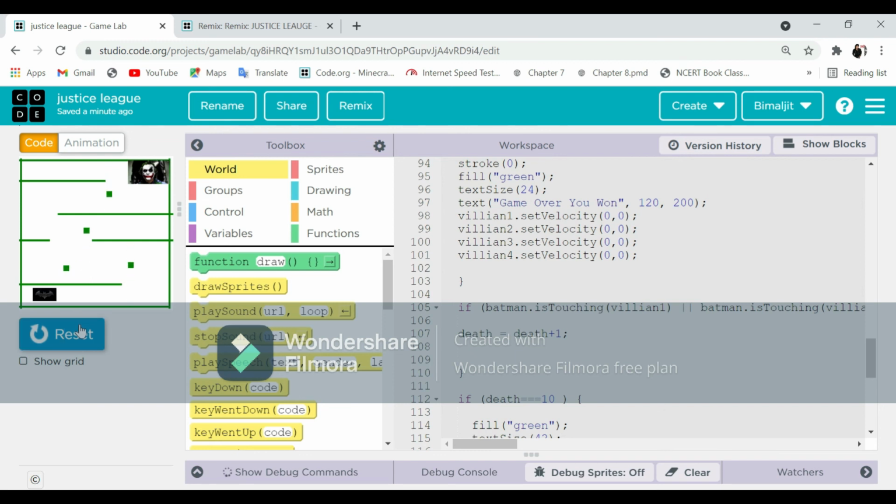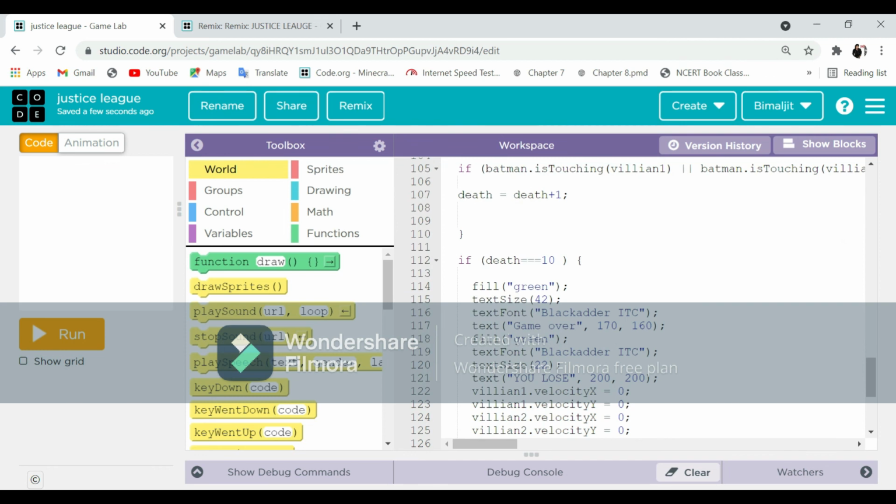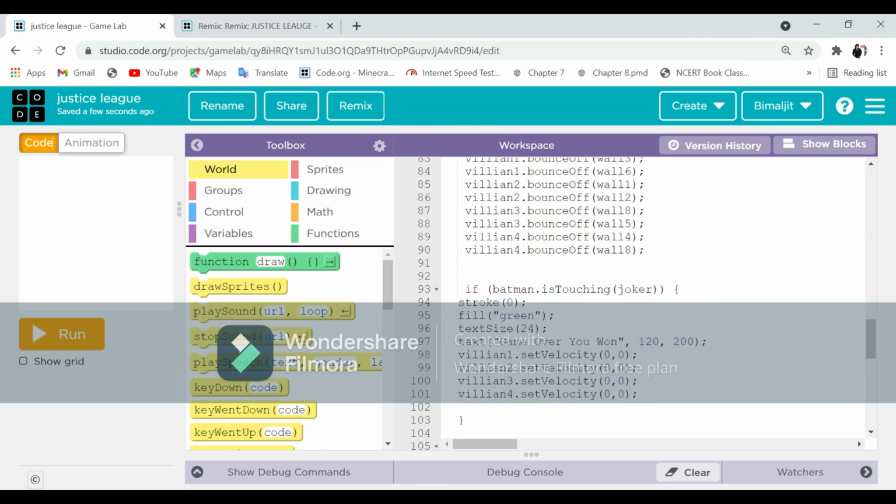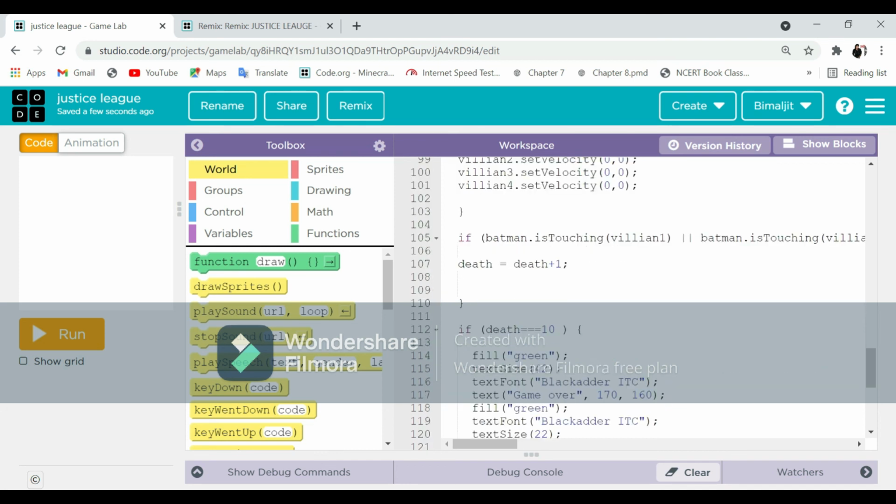But see, now the thing is that we have experimented. Isn't it wrong? See, I have given 10th, but it is going on the first only. So the reason is that I have given death, everything I have given properly, but I haven't declared some things. I will tell you that in the next video, because I want to tell you in brief time also, so that the video is not that much longer. Okay, so in the next video we will figure it out.